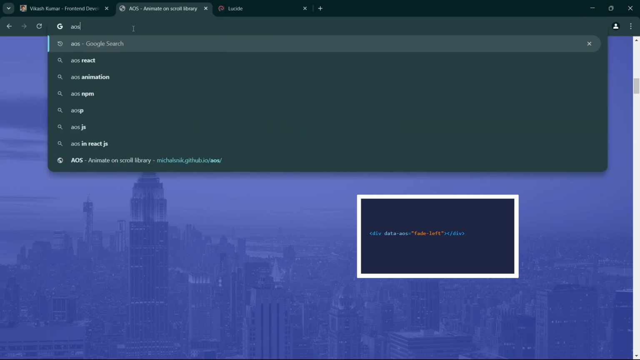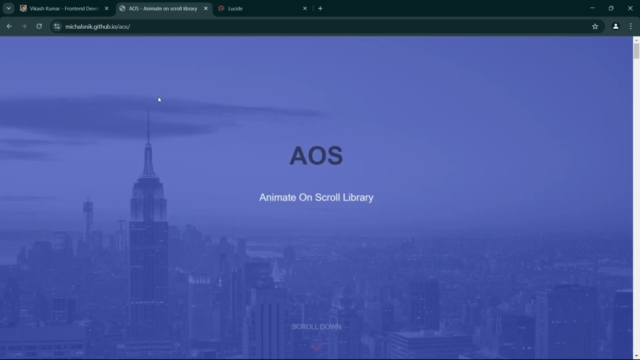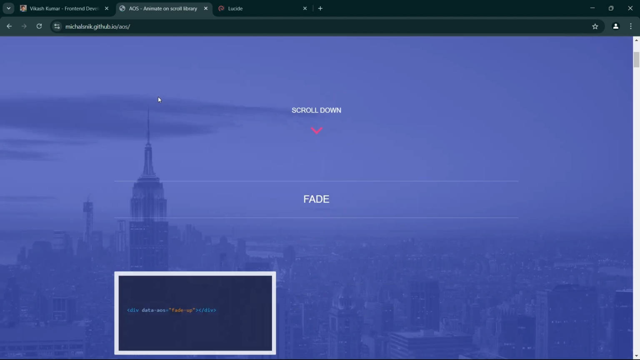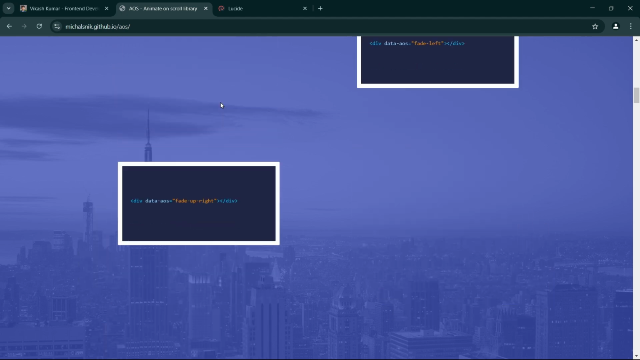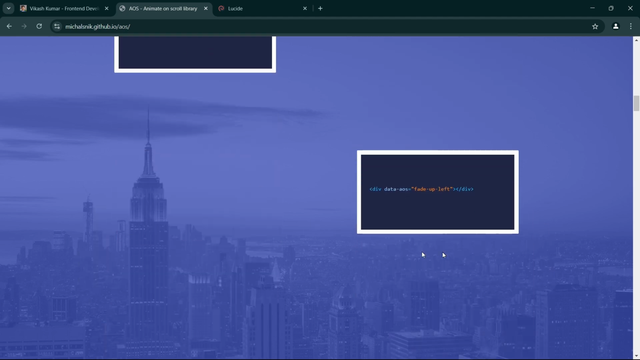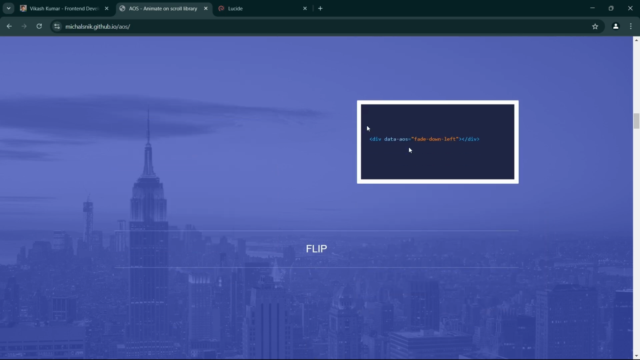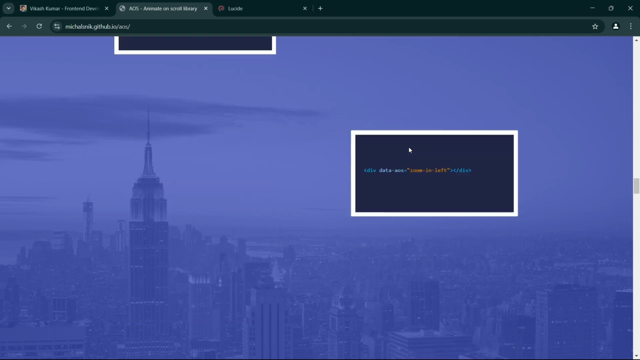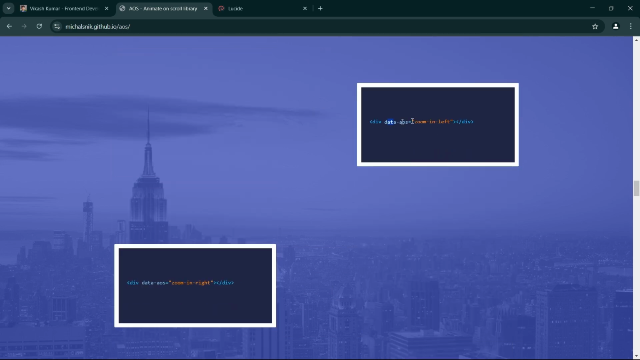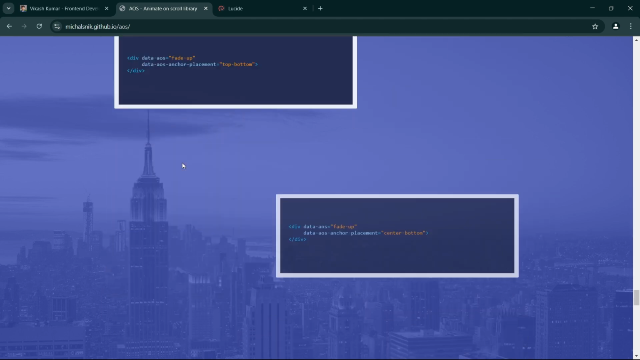Search AOS on Google. We will get the first link, AOS, and you can see that this is a very easy way to use animation in your website. So see, you can see the different animations, right? See, on scroll the different animations, right? Scroll animation, you can see that. So we can use them with their attribute names: zoom in left, zoom in right, right? So how to install it in your